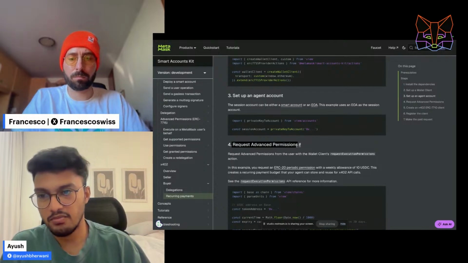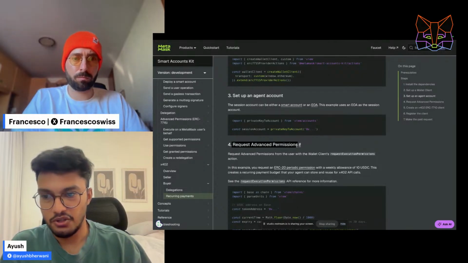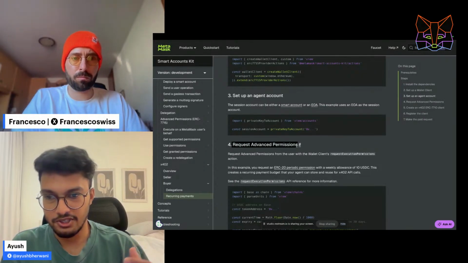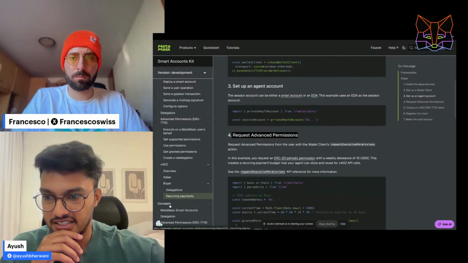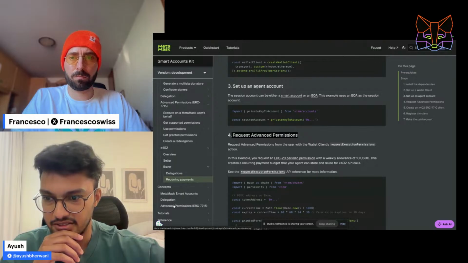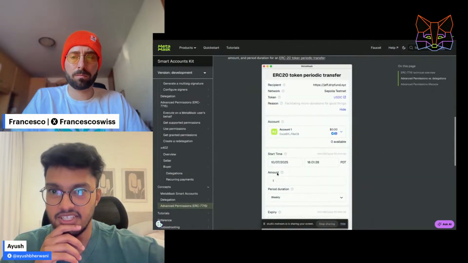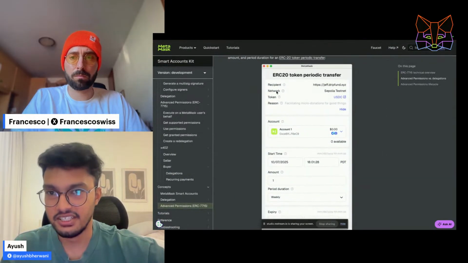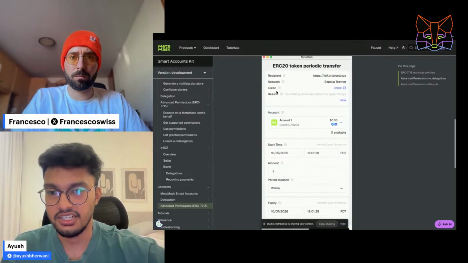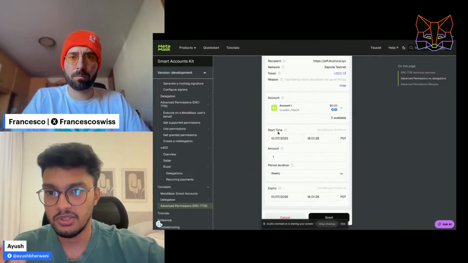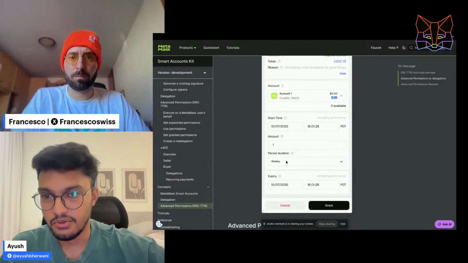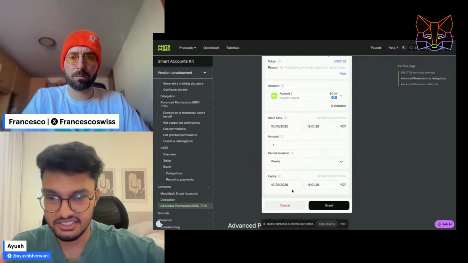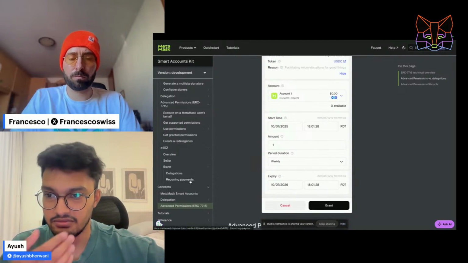These are human readable permissions, so your users can see what kind of permission they are giving, and you can also see in the concepts how it looks. It looks something like this. If you are requesting an ERC20 token periodic transfer permission, your user will be able to see the weekly amount. They can change the duration from weekly to monthly as well, and set the expiry for that permission.